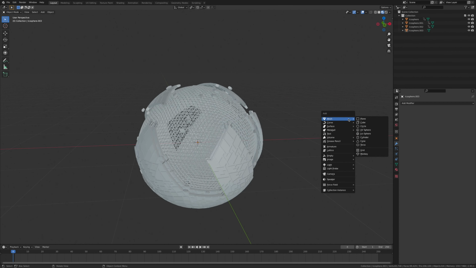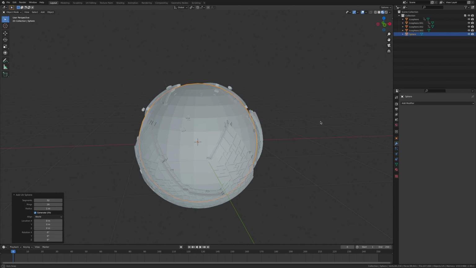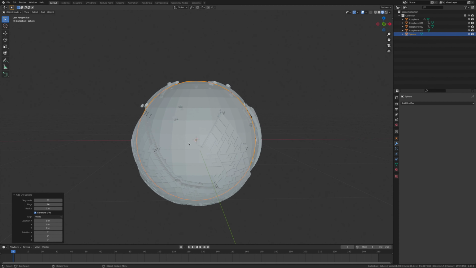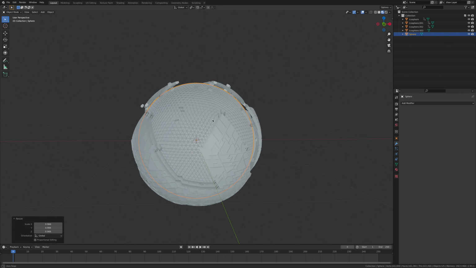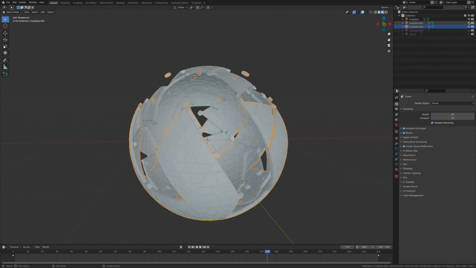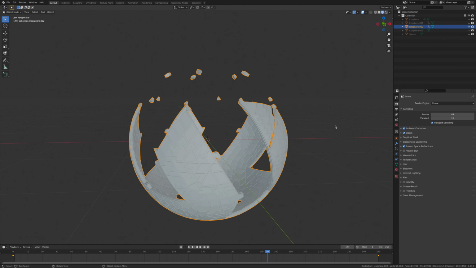Then we're going to add in a UV sphere, and we're going to make the subdivision 10. I'm going to make sure it's smooth. We are going to bring it in so it's just like this, and hide everything else so we can see what we're doing. So what we're going to do is go to this occlusion. I'm going to set the distance to 1 and the factor to 3, and of course we've got bloom on,